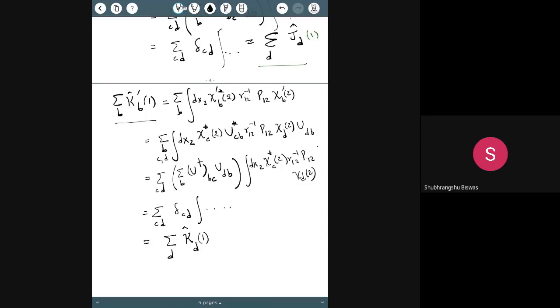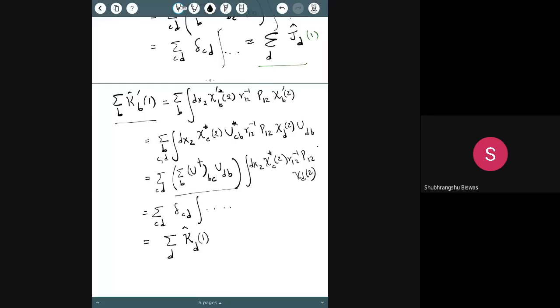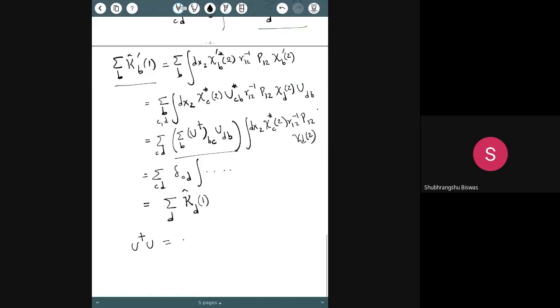Madam, in both cases, is the delta part coming from the unitary matrix, that summation, or from the integral? I didn't understand that part. It is coming from the unitary matrix. Since U dagger U is equal to a unit matrix, the condition on the elements is that every element